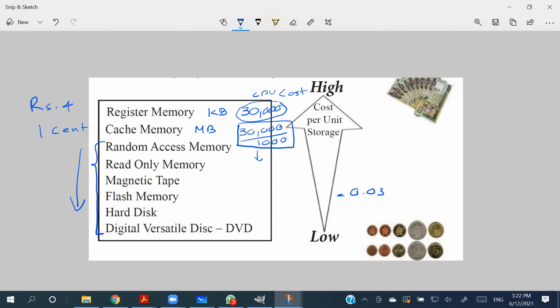If you take random access memory, normally in the market now there are 4 GB memories, right? 4 GB and 2 GBs. So you can purchase a 4 GB for maximum 10 to 12,000. Right? So 1 GB is about a quarter of that, around 3,000 rupees. So 1 MB costs 30,000 in cache memory, while in random access memory it costs you 3,000 per 1 GB. So definitely cost is getting lower when you are coming down this hierarchy. Right?